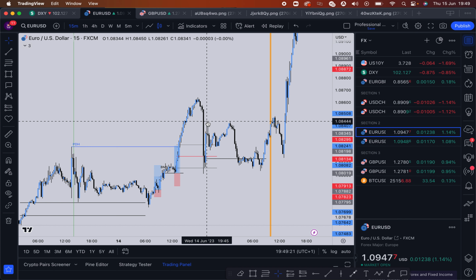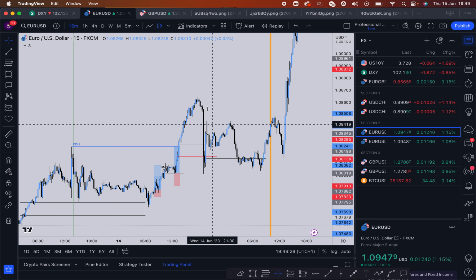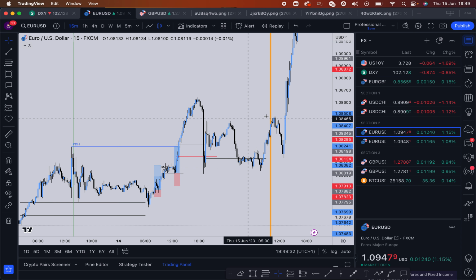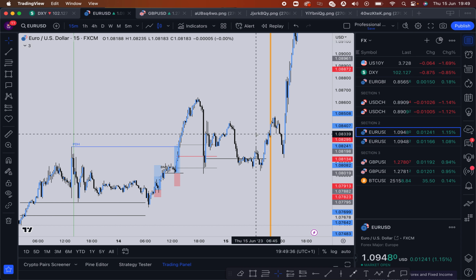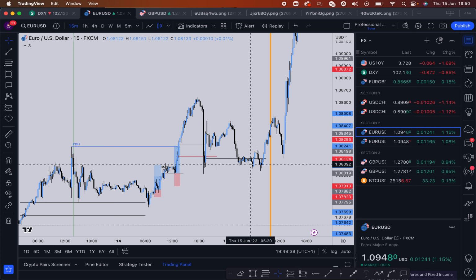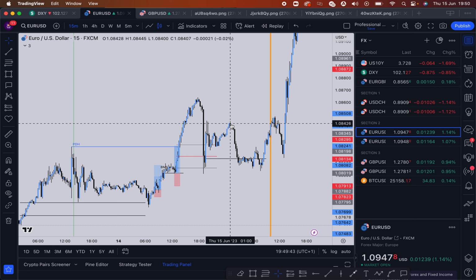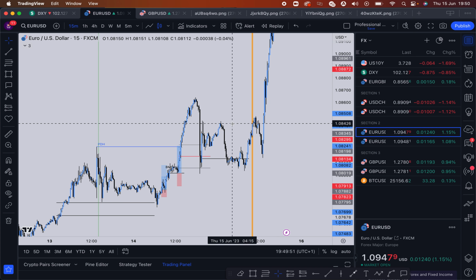So here we did the same thing, but why we could take this trade after filling in this imbalance is because the higher time frame is bullish, so it's stronger. We look for bearish PDWs to be ran, and because we broke structure again at the open of the day. Well, the open of the day is there in this new day, because this was Wednesday, this is Thursday. We broke structure of here, so that to us is a break of structure if our bias is bullish on the higher time frame. So yeah, just knowing